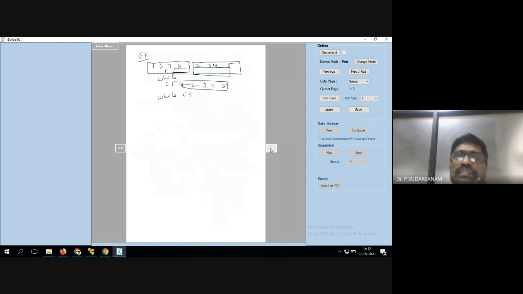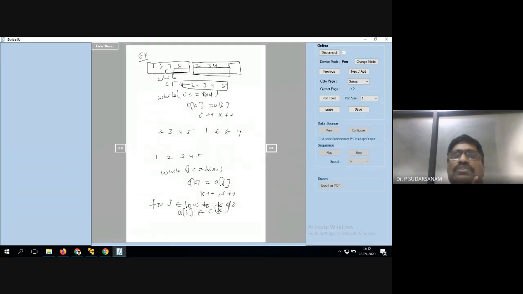For that, I have taken this example. You have the elements like this. Only 6 7 8 is remaining in this case. For that case, I is less than or equal to mid, C of I value to be incremented, K value to be incremented. This is if the first part of the elements is remaining. Similarly, you can assume that sometimes the second part of the elements will be remaining.